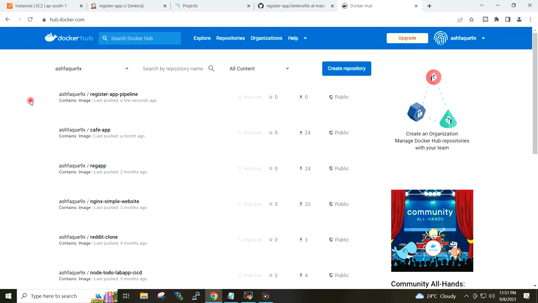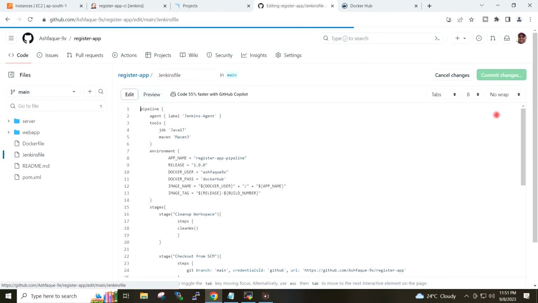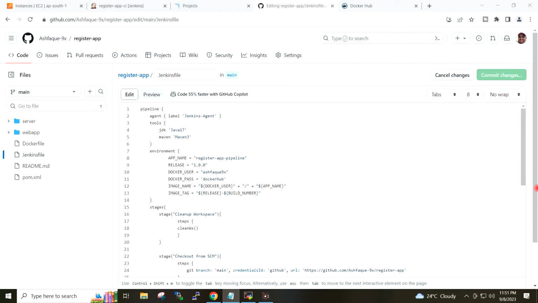I will now go ahead and add two more stages on my Jenkins pipeline script. The first stage would be Trivy scan, which will actually scan our Docker Hub image. So on the GitHub repository, I will edit the Jenkins file and I will add the stage.